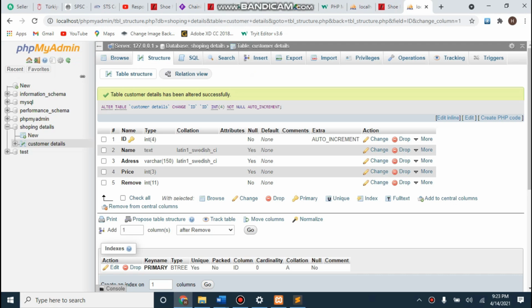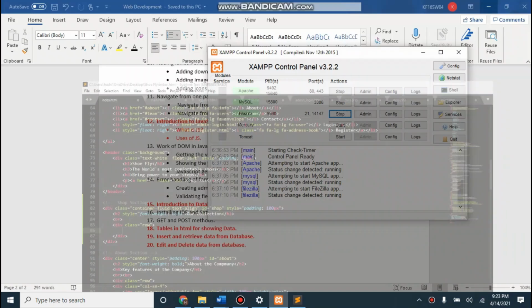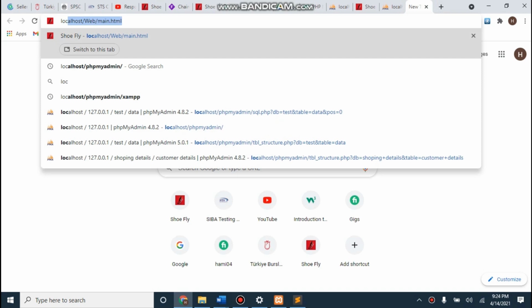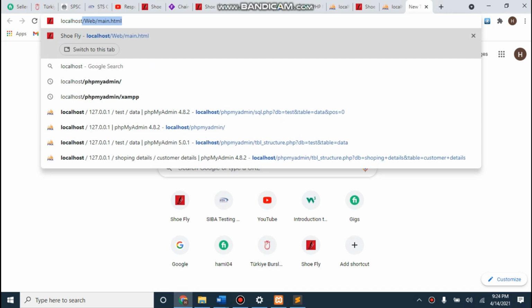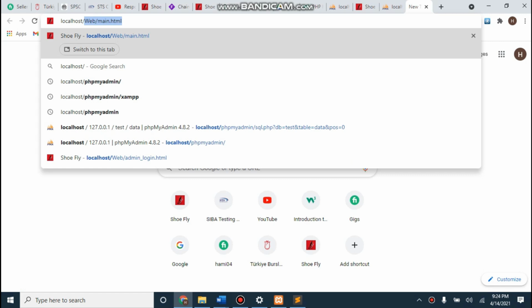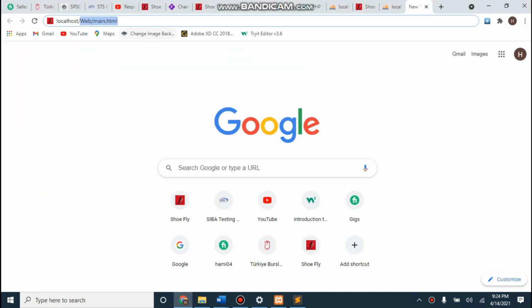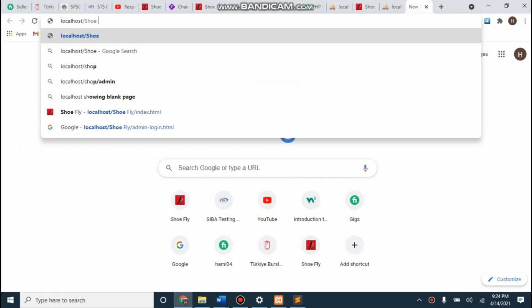Like previously we were running this folder from the desktop. Now I will be adding its URL here in the Google, like localhost, and then the folder name. So I have pasted here inside this htdocs the folder name you have added. I have pasted it here, shoefly. So I will be adding localhost shoefly,